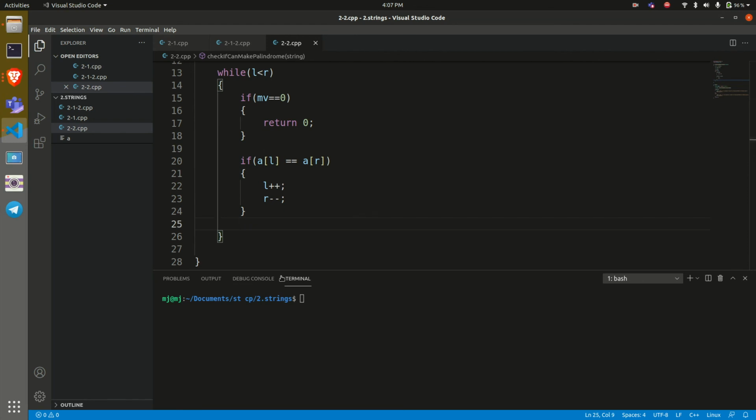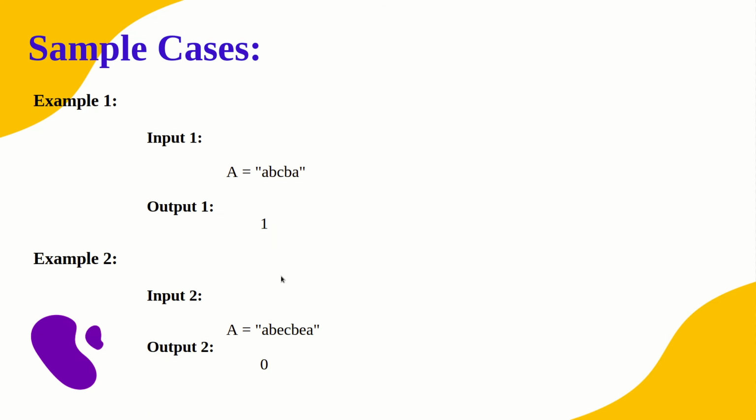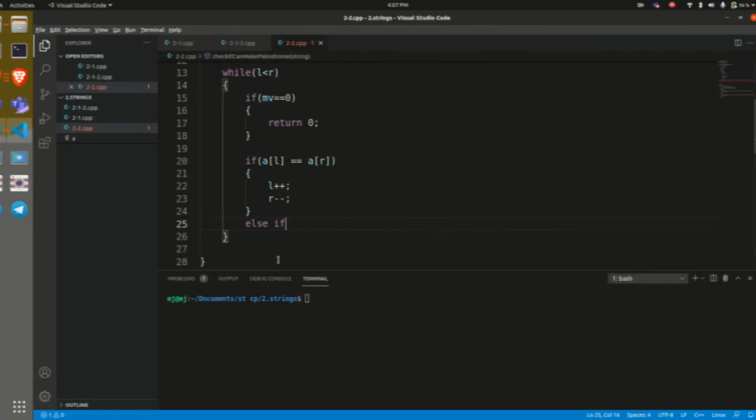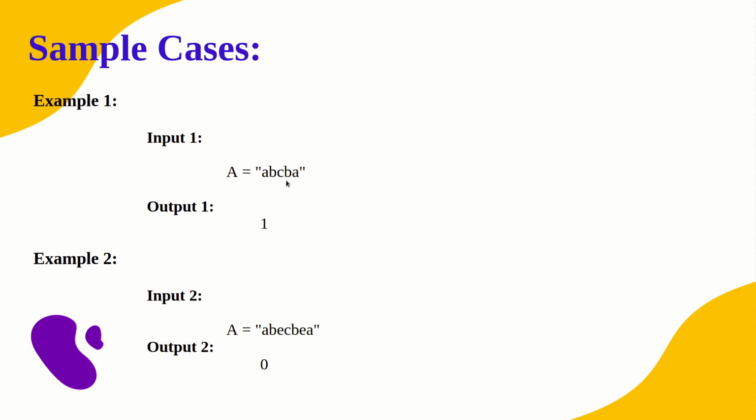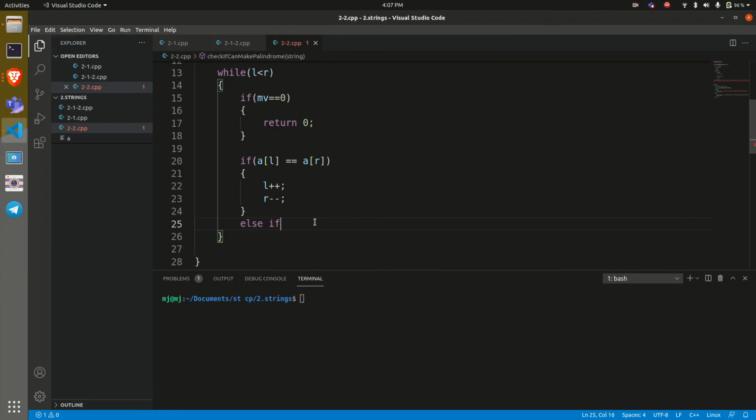What could be the second condition? If both are not equal, right? So else if, basically the else condition would be both are not equal. In that case, we need to handle two conditions: either this character matches with the next character towards the right, or the right character matches with the next character towards the left. You will understand better if we take some sample cases. No need to worry, just have a look at what I am writing and you will understand it in a better manner. So L plus 1,